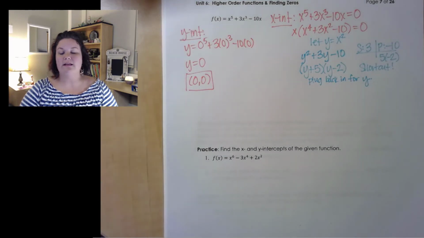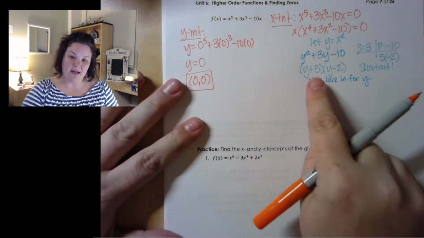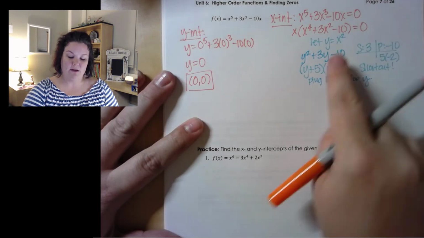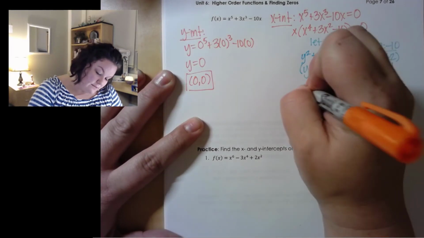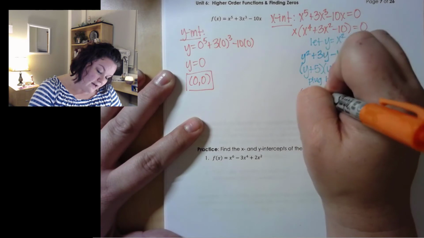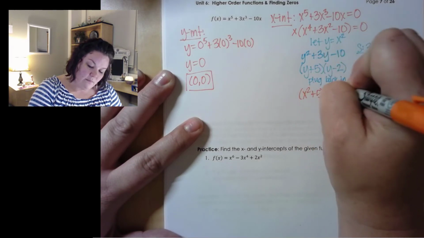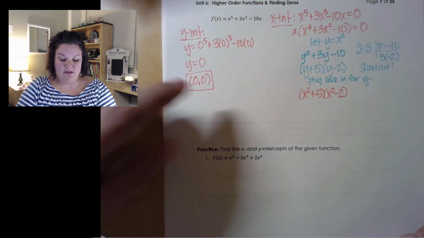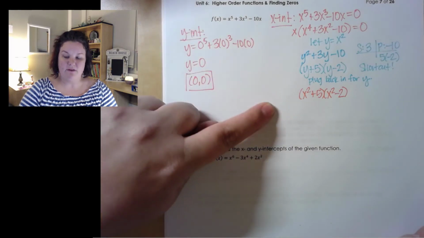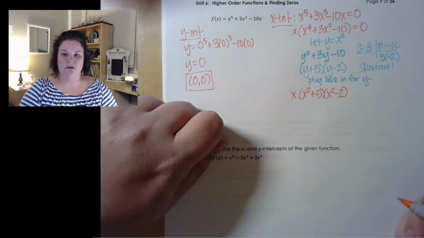I'm just going to rewrite these two factored quantities that I got here, but instead of y's, I'm going to put in my x squared. So this means we have x squared plus 5 and x squared minus 2, right? And then don't forget to bring this greatest common factor down,